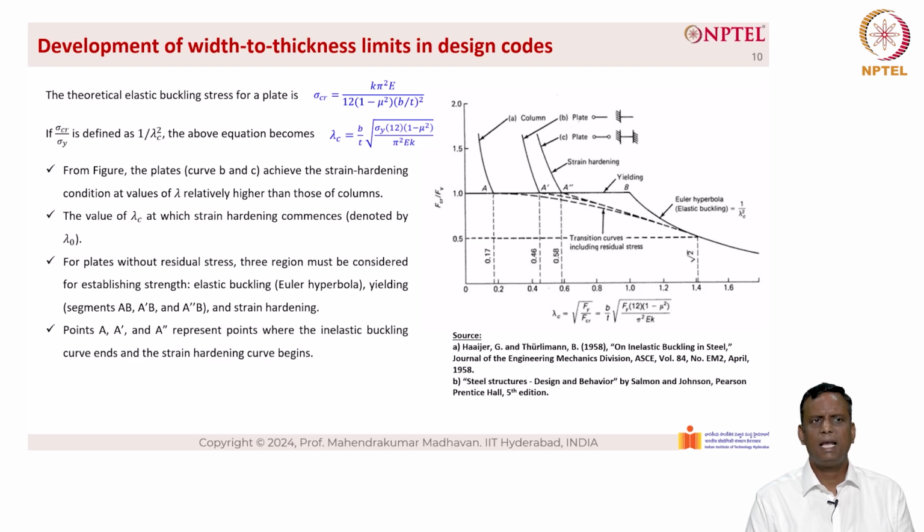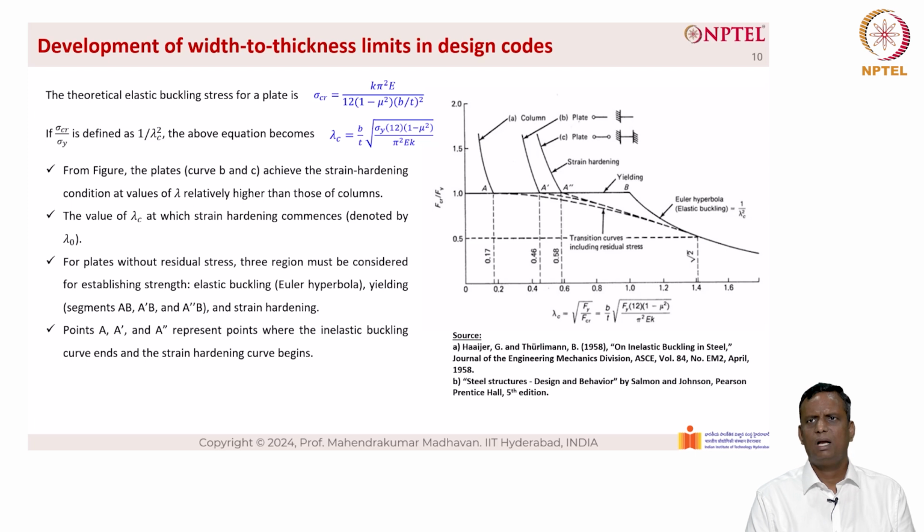So, points A dash and A double dash represent points where the inelastic buckling curve ends and the strain hardening curve begins, as you can see in the picture. The one that goes up is the strain hardening portion, and the one shown between A and B, A dash and B, and A double dash and B corresponds to the inelastic buckling that takes